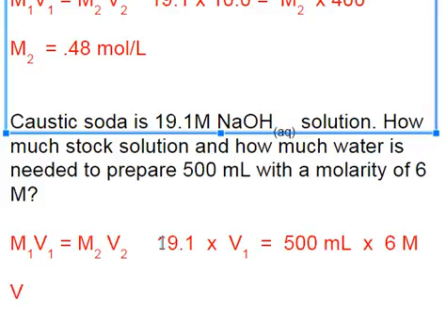So when I solve for V1, I'm going to get an answer of 500 times 6 is going to be about 3,000 divided by the 19.1. So 157